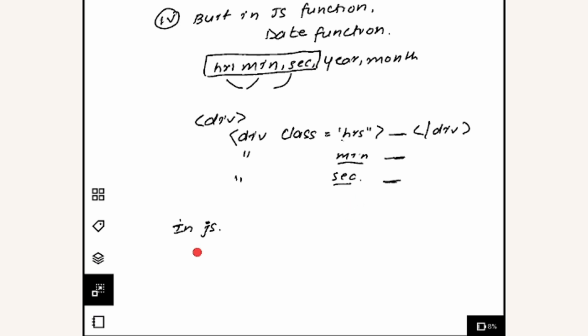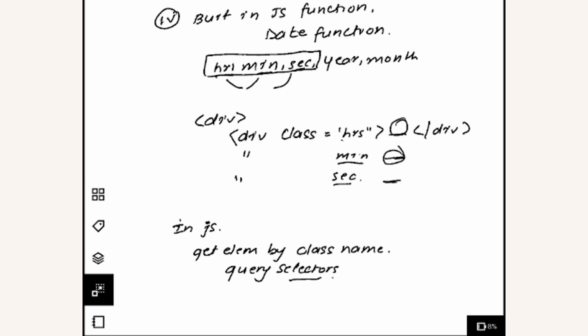That's pretty simple. You just have to use either getElementsByClassName or you can use querySelector. Now use these 2 methods in JavaScript and set these hours, minutes, and seconds values in these 3 containers over here. Once you do that, you'll get hours, minutes, and seconds, for example. So the current time is 6:52, so you'll get something like